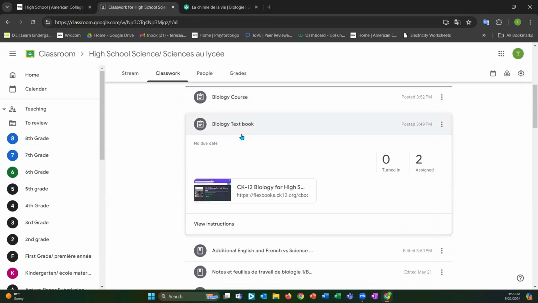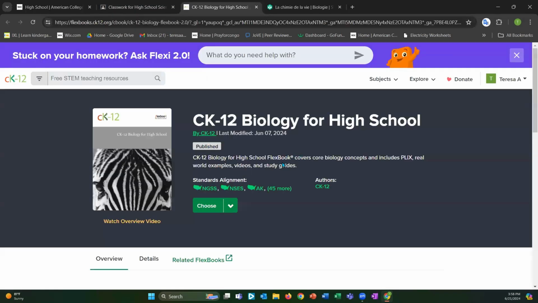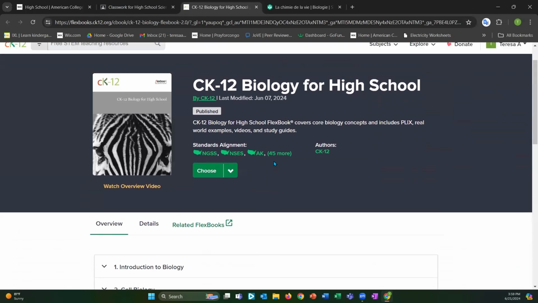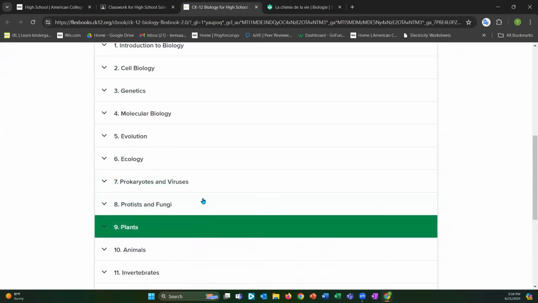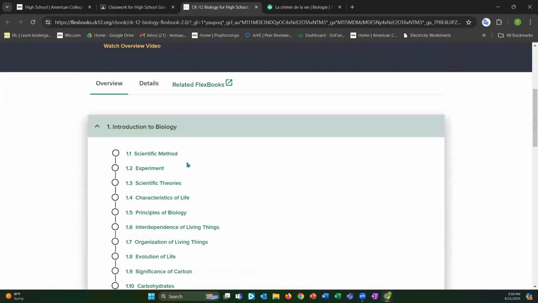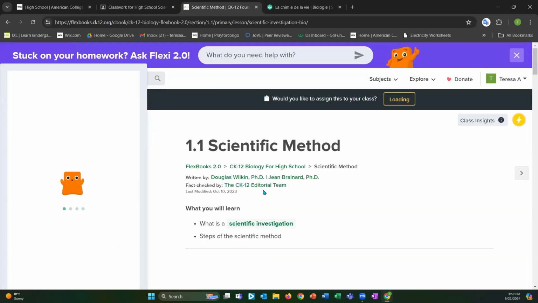Then you have the option of a biology textbook, and this is through CK12. And if you scroll down, you'll see it's broken down into different chapters and subject areas. You'll find this very useful, going section by section so that you can follow the right sequence of events that this course should be taught in. All you do is click on the link,